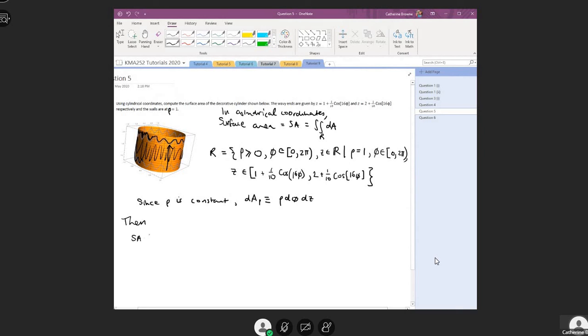So our surface area is given by, so phi is going to go from 0 to phi is equal to 2 pi. And then z is going to go from 1 plus 1 on 10 cos 16 phi to z is equal to 2 plus 1 on 10 cos